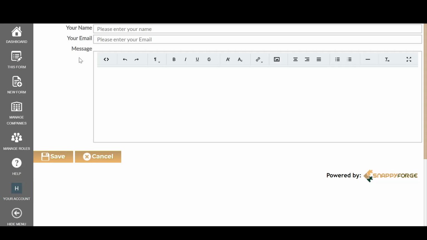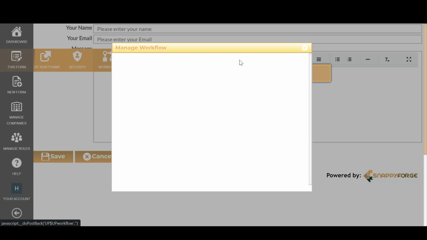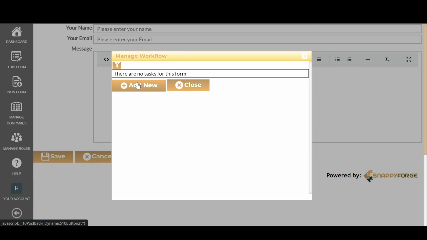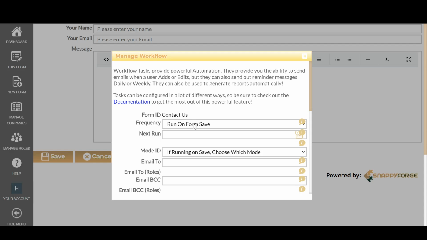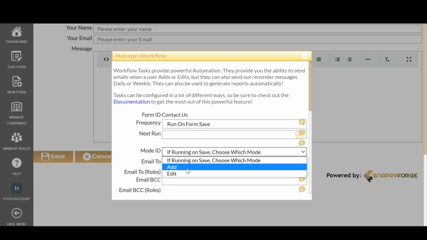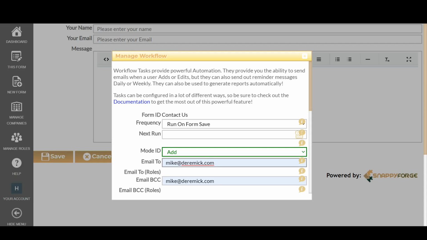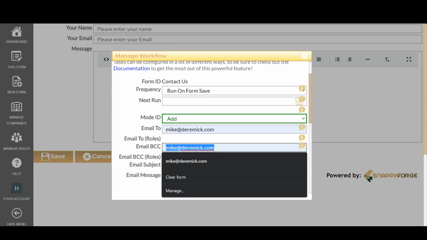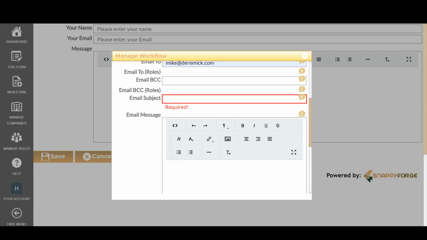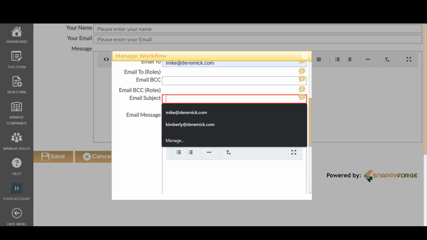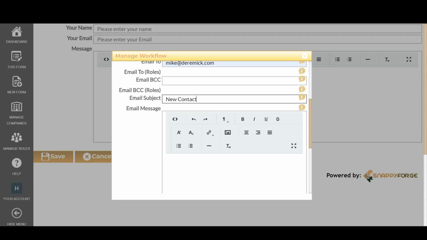them. Finally, what we're going to do is workflow. So something I'd like to do is running on form save. When it's saved from the add mode, I'm going to email myself. I don't need this. Subject, I want to say new contact form entry. And for the message, I'm just going to simply go in here and say